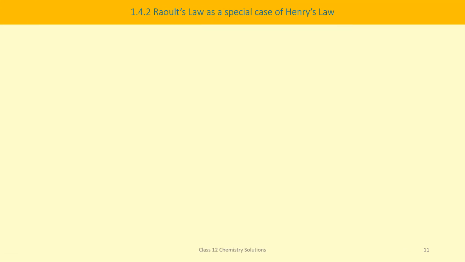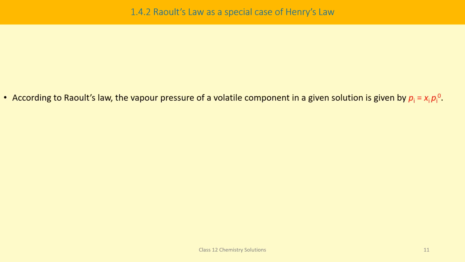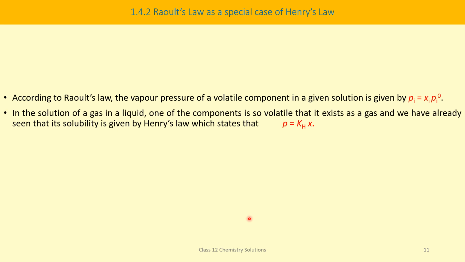Raoult's law as a special case of Henry's law. According to Raoult's law, the vapor pressure of a volatile component in a given solution is given by Pi is equal to Xi into Pi naught. That is from equation 19. In the solution of a gas in a liquid, one component is so volatile that